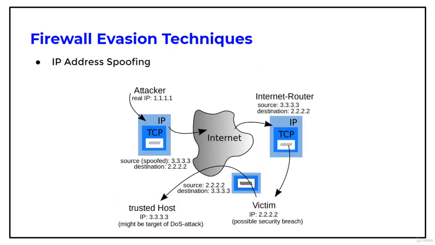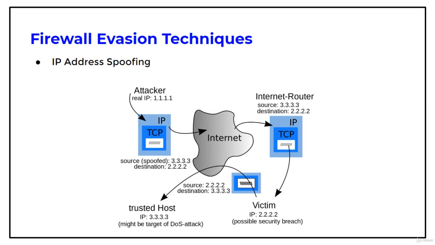Now let us see the different types of firewall evasion techniques. The first being IP address spoofing. IP address spoofing is a hijacking technique in which an attacker masquerades as a trusted host to conceal his identity, spoof a website, hijack browsers, or gain unauthorized access to a network. Attackers modify the addressing information in the IP packet header and the source address bits field in order to bypass